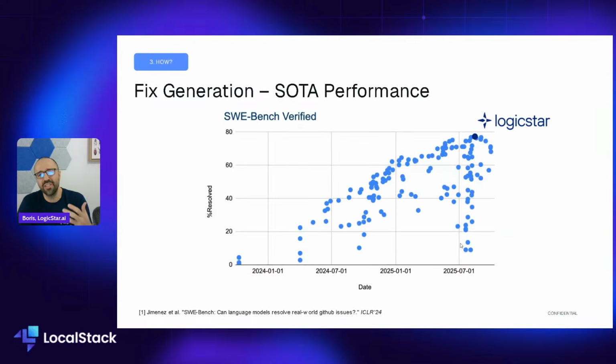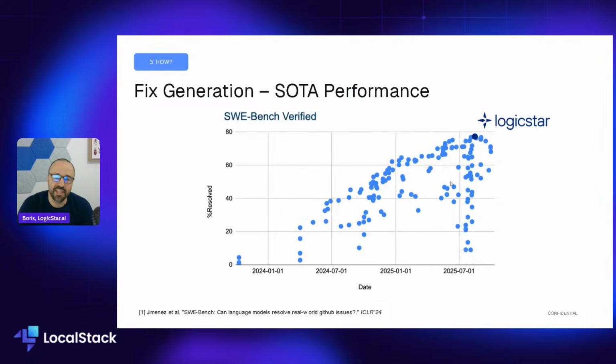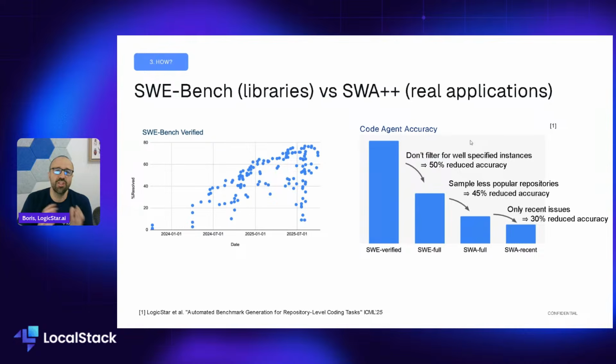The other big way of measuring things is the SWE benchmark. As I highlighted, this is the most common industry standard. You will see almost everybody, like every single dot here is an example of either a large language model alone or an agent built on that model. And you can see us right here, we're kind of leading the state-of-the-art performance there. Again, the bad part of this benchmark is that it's focused on open source libraries, so it's not very representative of real application issues. And this is where we created what we call the SWA benchmark, which allows you to really see that real applications and real problems in those applications is what matters.